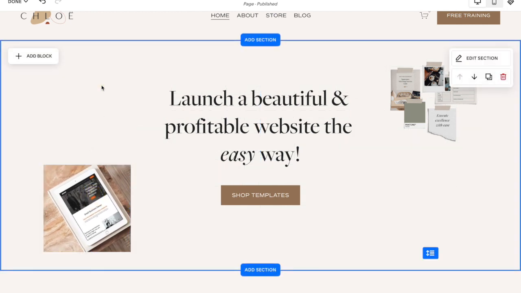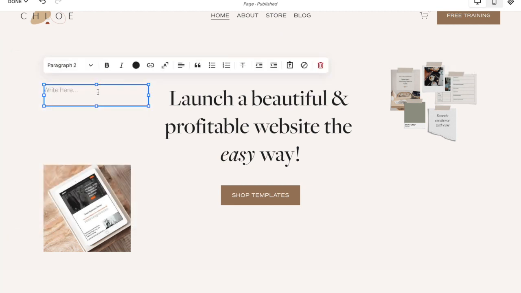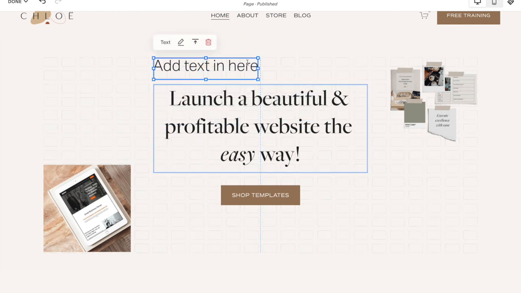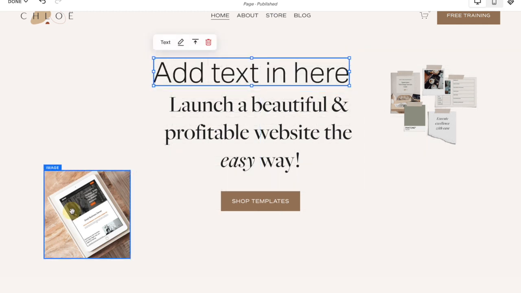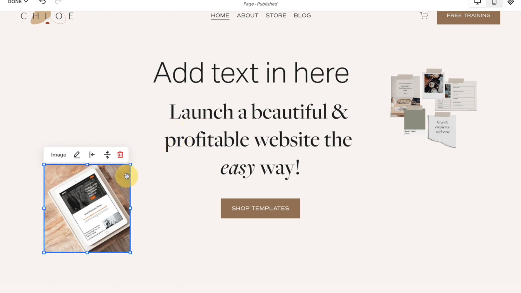Now, if we want to add a new content block, we can add a block here. Say we add some text. We just add text in here. And what I can do is I can make it the width of the text box. And like I said, I can drag it around. I can adjust the size here. I can also click on any element and drag and drop it by the corner to adjust the size,